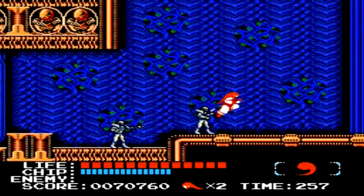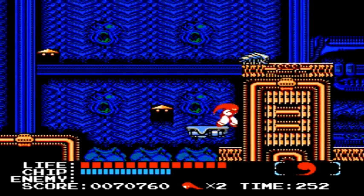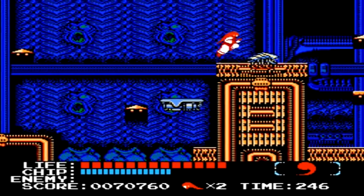Now, for the most part, the enemies are the same that we've been dealing with. A lot of them easily dodgeable. We start to see these platforms, these blue platforms, that when you jump on them, they automatically fall down, so it's a little bit hard to jump on them. It's probably one of